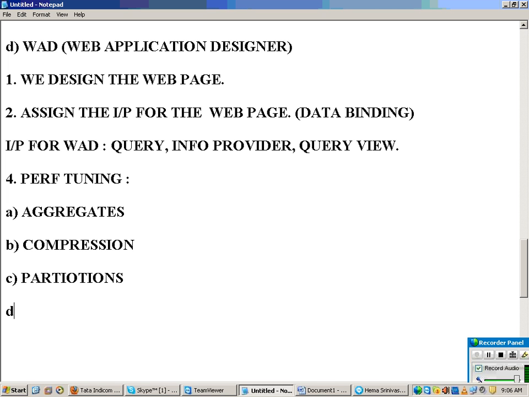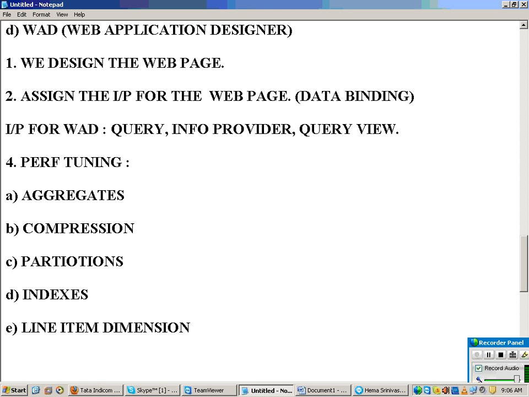Then you will get something called indexes. Indexes are just an arrangement of the records in the database with respect to pointers. Then next is line item dimension. Next you will come across something called OLAP cache memory.